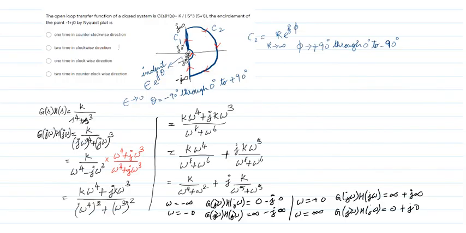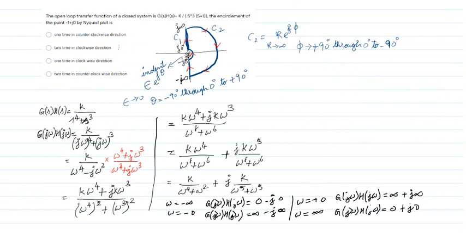Right. Next problem. An open loop transfer function is given. The question is to draw the Nyquist plot. How many times does it encircle the point minus 1 plus j0, right? This is a very difficult problem, right? Because you have to draw the entire Nyquist plot to get 2 marks. These are some GATE problems, right?